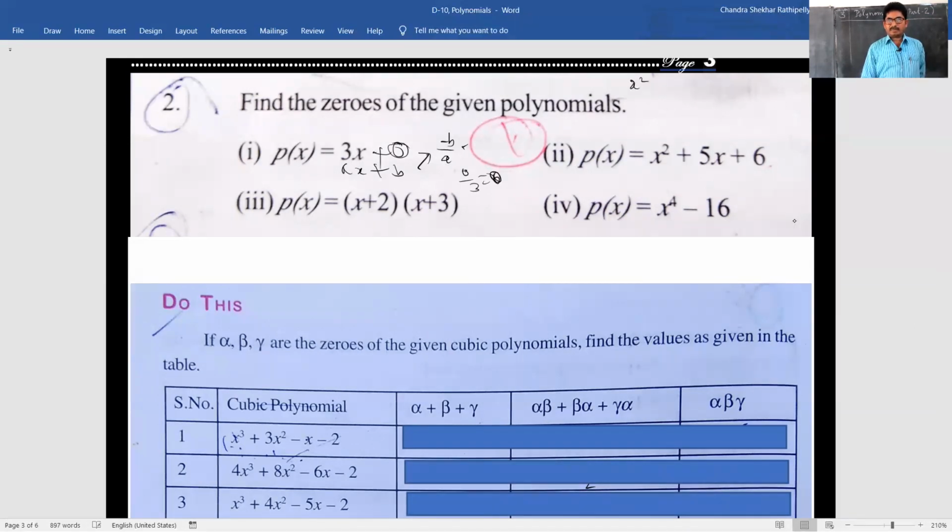x square, we have to factorize this. 2 threes are 6, 1 six is 6, so 6 is equal to... we can split 2 and 3, whose sum is 5, sufficient. So like this we can write x square plus 2x plus 3x plus 6 is equal to 0. x is common, x plus 2. 3 is common, x plus 2. Now these are same. Common means common. Same means x plus 2, and the other factor is x plus 3.